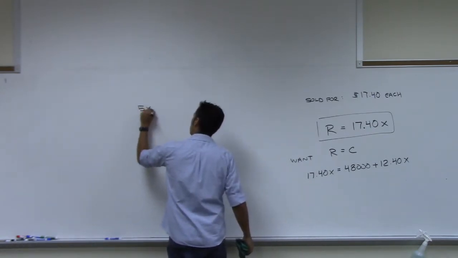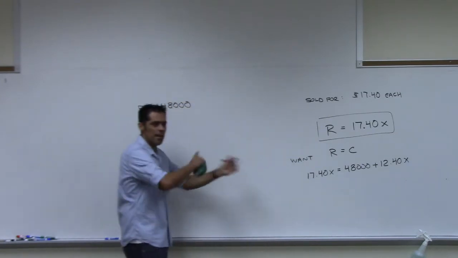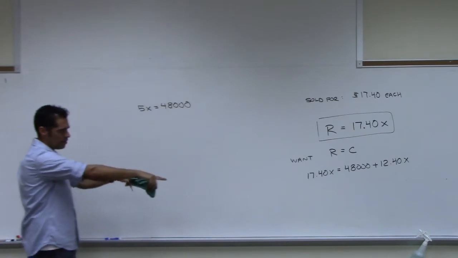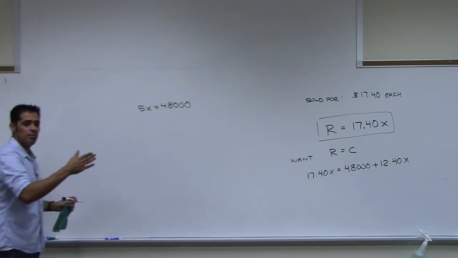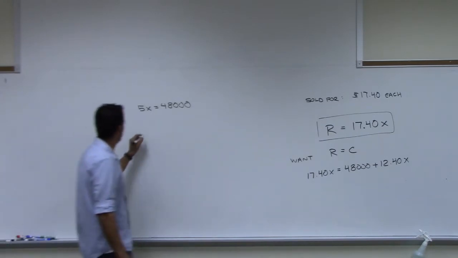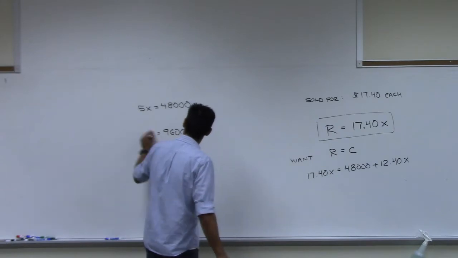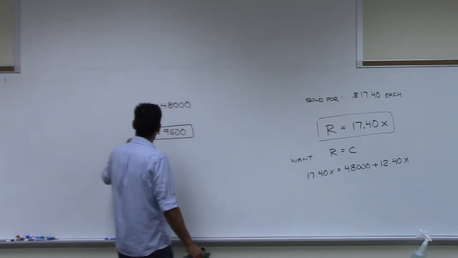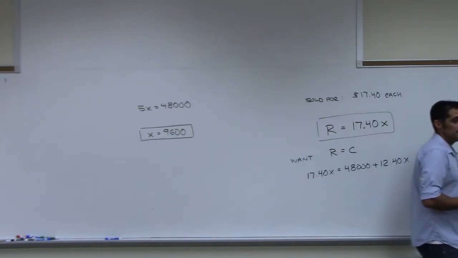5x equals 48,000. So I didn't show that step. I just verbally said I subtracted 1240x on both sides. And now divide through by 5. And what do we get? 9,600. They're going to need to sell 9,600 DVDs of the